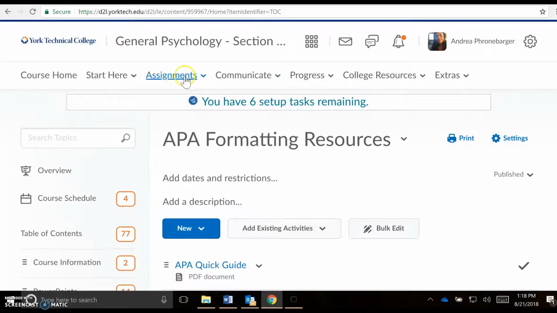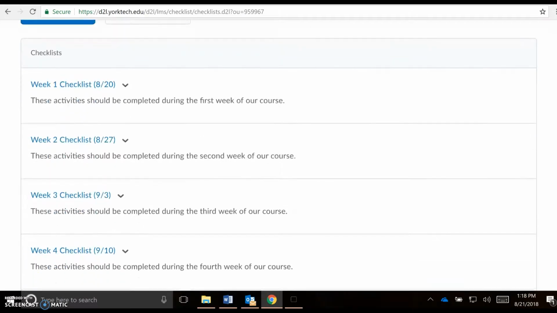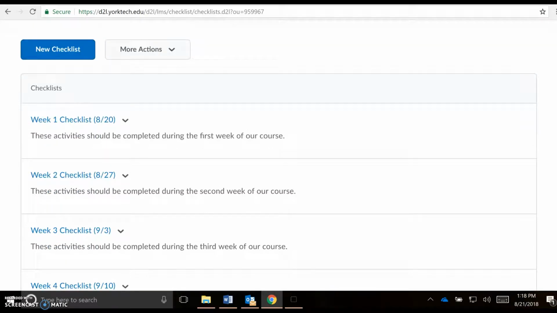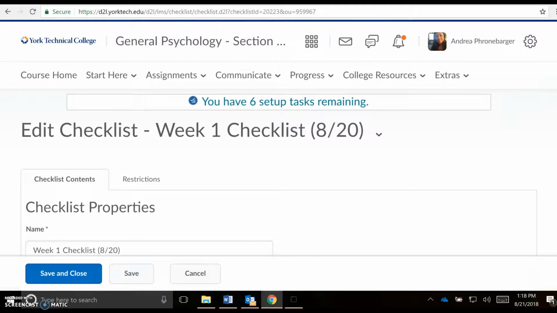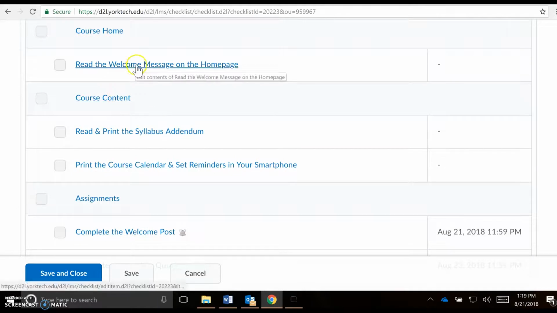Okay, so a couple more things. If we click on assignments and then checklist, these checklists are here to help you keep on track. So again, we try to put information in multiple places, right? And we try to organize a course so that you can get to the same location in different ways. So for example, if you click on the week 1 checklist, there are links for everything that's due in week 1. So for example, I want you to make sure you've read my welcome message, so you would click there. Then I want you to make sure you reviewed the syllabus addendum. You would click there. Then the course calendar,